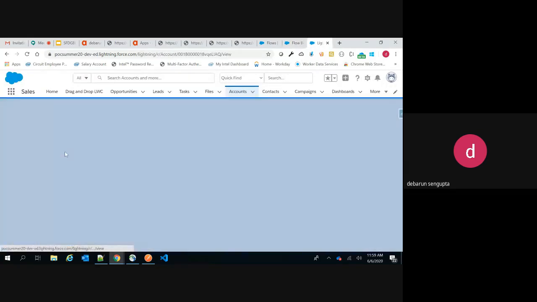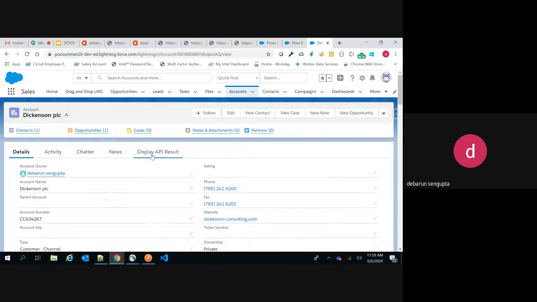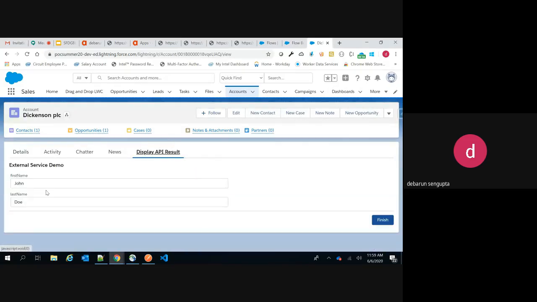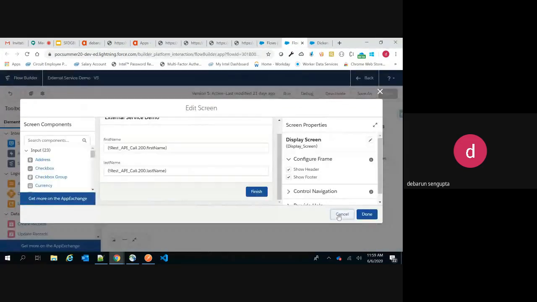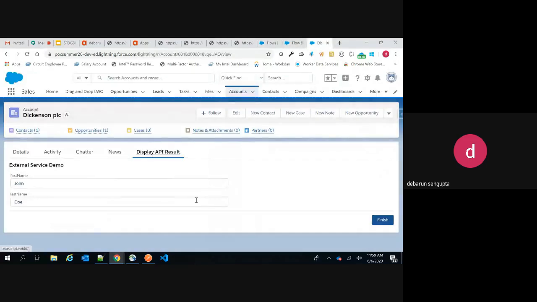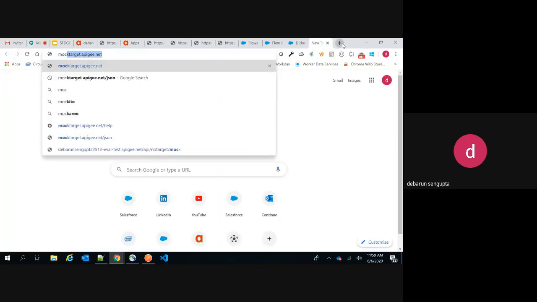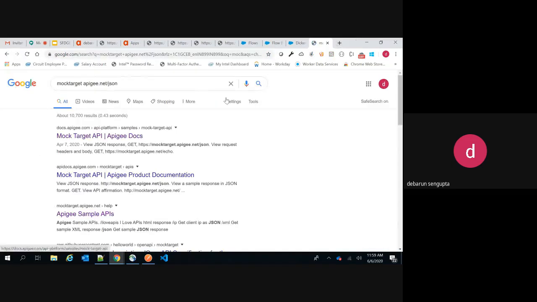Here in this account, I have created one tab called display API result. And here I have simply dragged and dropped this flow component, this external services demo flow that I have created. And you can see it fetches me the result like this. If you remember when we were testing this service.